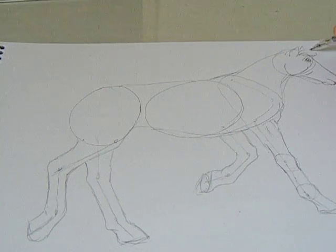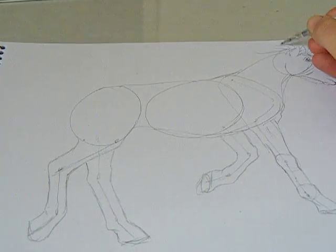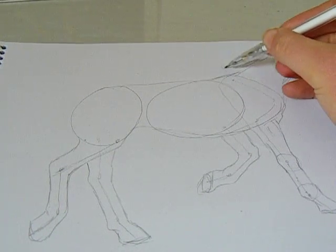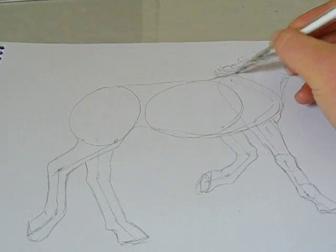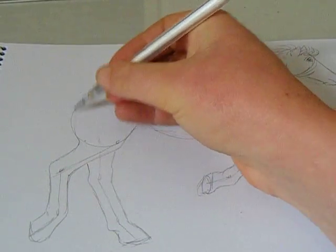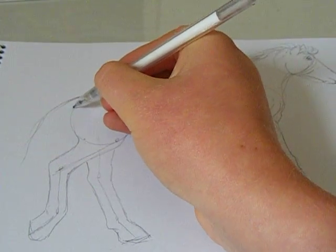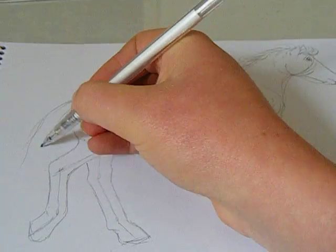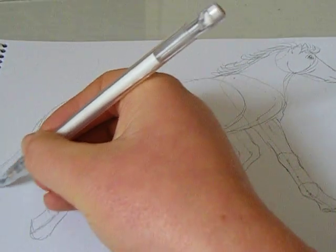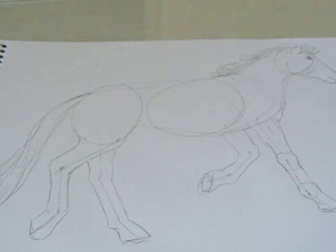Now what I do kind of make up as I go along a bit is the mane and tail. Just use loose flowing lines and it will be fine. It just will. This horse has quite a short mane, so don't go over the top. And a tail. And the top of the tail actually has a bone in it, so make sure it follows the line of the spine, not like up there. Unless your horse is very hollow, or is an Arab or something. Anyway,